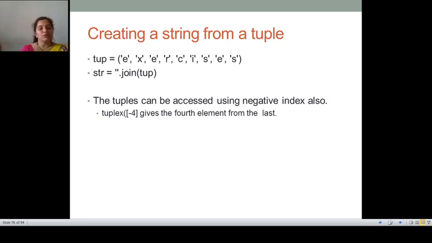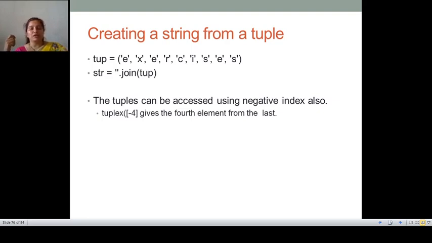Coming to the fifth difference, the list is used in scenarios in which we need to store simple collections with no constraints or conditions, where the value of items can be changed. If there are chances of changing the values in a list, then we should go ahead with a list.